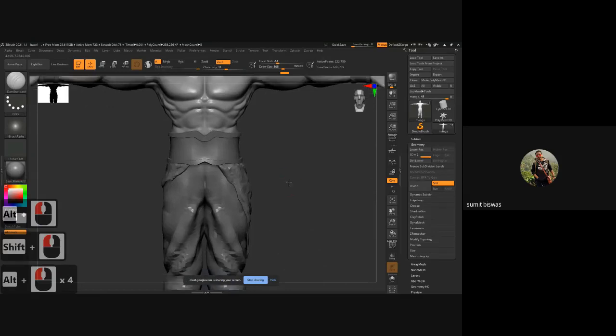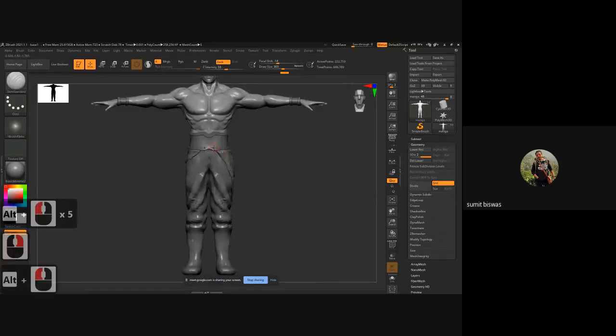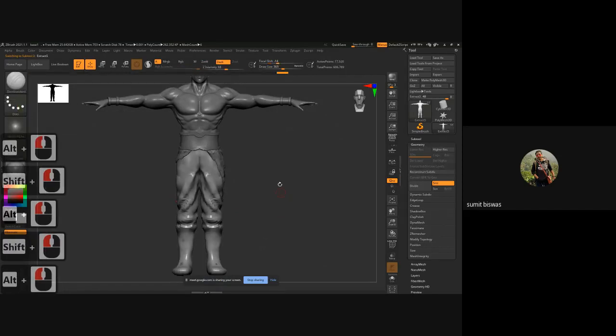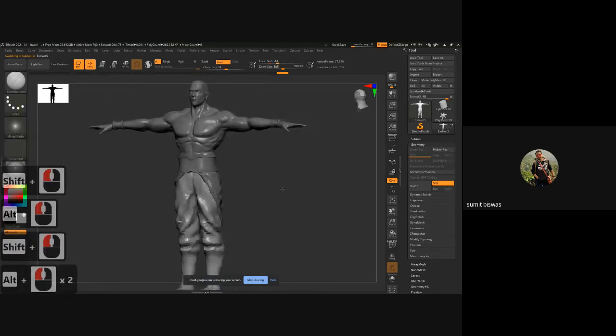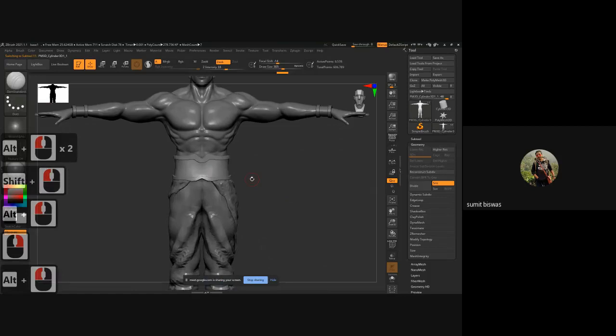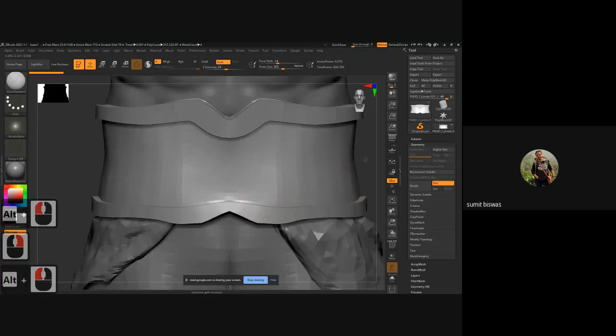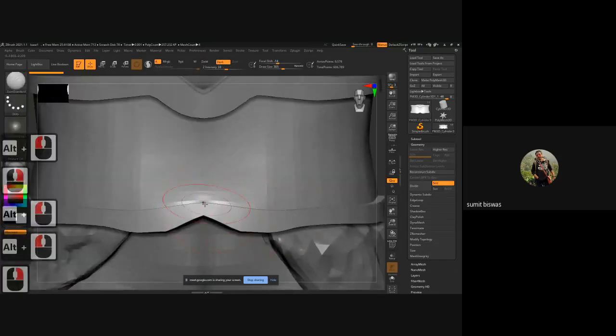Okay, so yesterday we just blocked out our basic belt and this cloth and pant, which we already blocked out like in the last to last class. So you can see this is quite easy to create. I just took a cylinder and blocked out this thing, and you can see I'm using sculpting technique plus I'm using ZModeler to extrude some of the part to get the shape right. That's it. For this, I can see this thickness is reducing here.